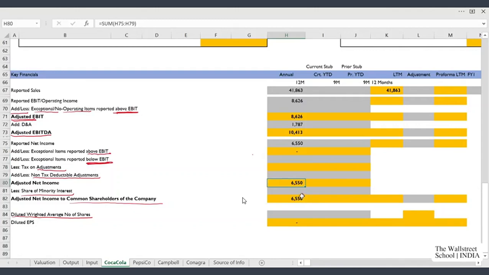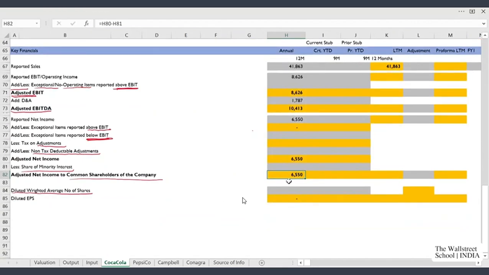From this clean net income, I'll be adjusting the share of minority interest, and finally I'll get my clean net income available to common shareholders. From this, to reach EPS, we need to divide this net income by the weighted average number of shares of the company.